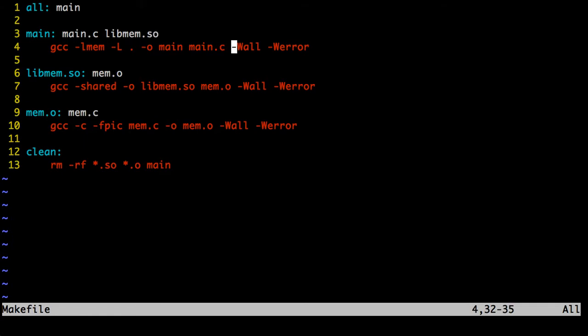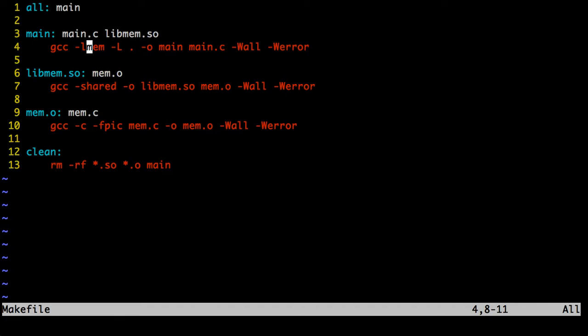And finally, your library doesn't have a main. It just has a bunch of functions that you're implementing. So main is going to be the file which actually uses this whole thing, and you have to use your shared library in there. The way you do this is you say -lmem. The convention is that libx.so will be referred to as -lx.